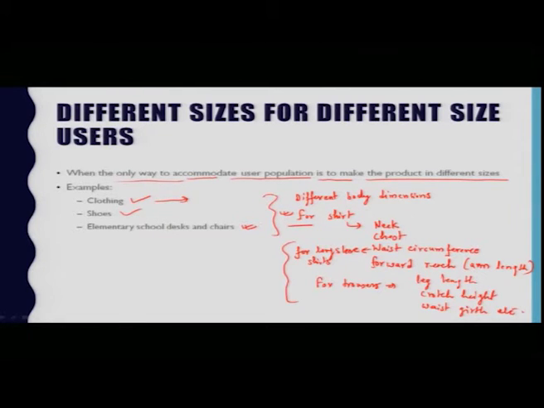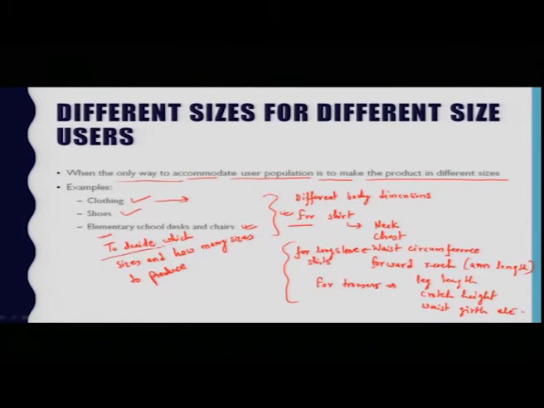So, these kinds of anthropometric data, which are available for all body dimensions, are used by the clothing industry to design garments in different sizes. So, the problem for individual garment companies is to decide which sizes and how many sizes to produce. So, this is the big challenge